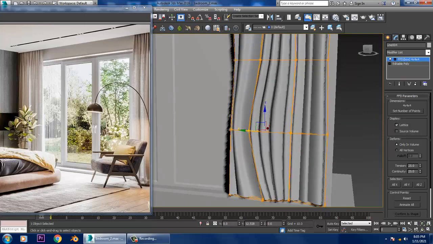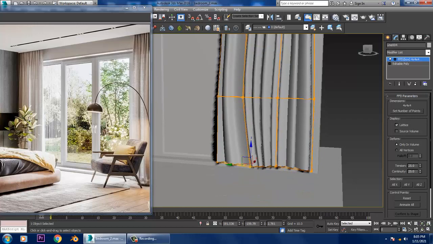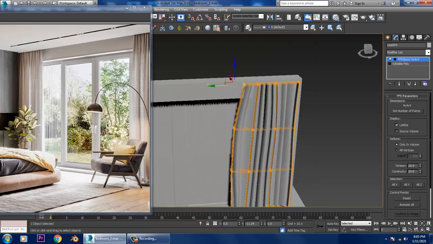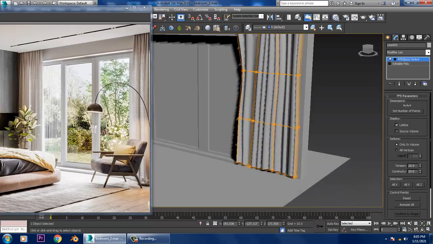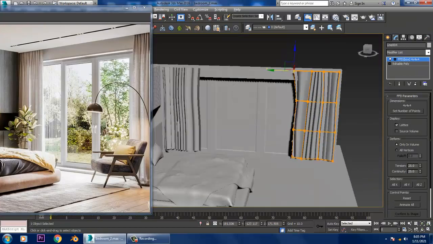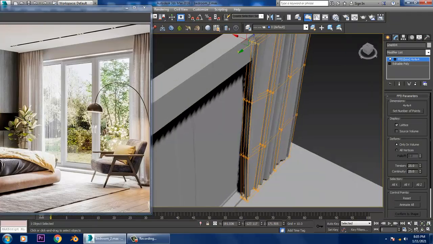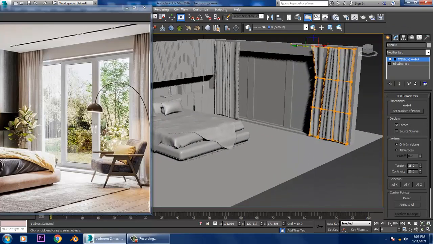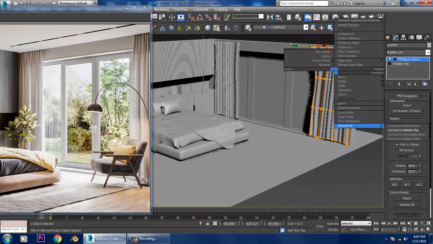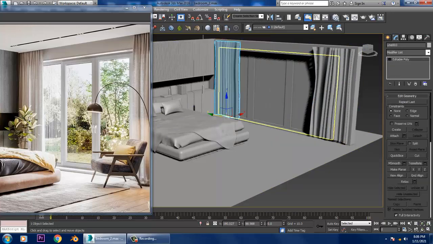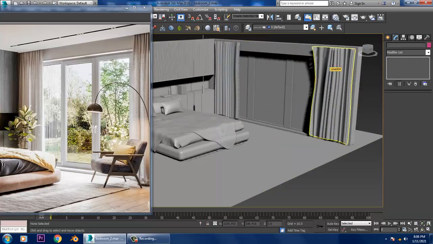I don't want to make it look more symmetrical, so I want it to look a bit different. Alright. Once you're done, I can right click and let's convert to poly. Select this, right click and convert to poly. Save your file.